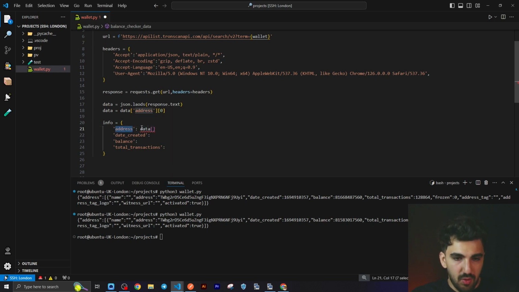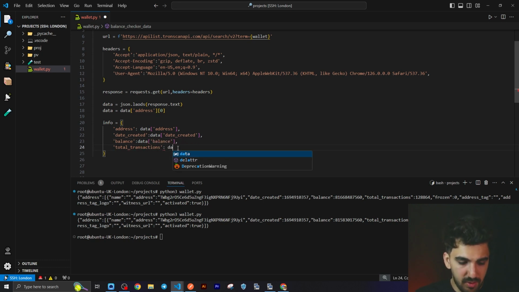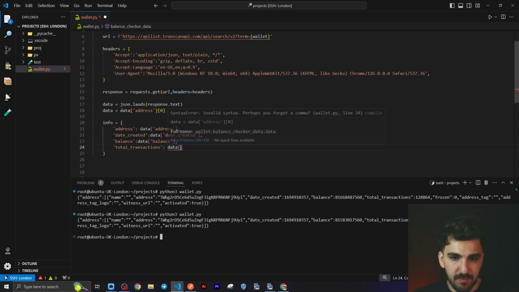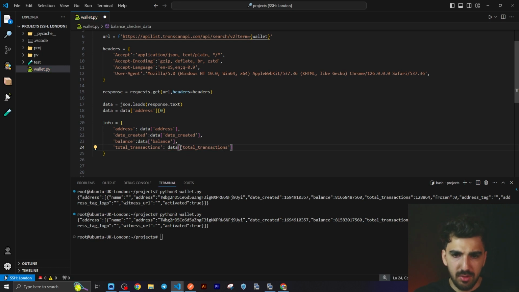So let me just copy this information here, and also we can say that we want data for date created, similar name, and also for balance, data balance, and the last one, which is total transaction data, total transaction. Okay, let me just